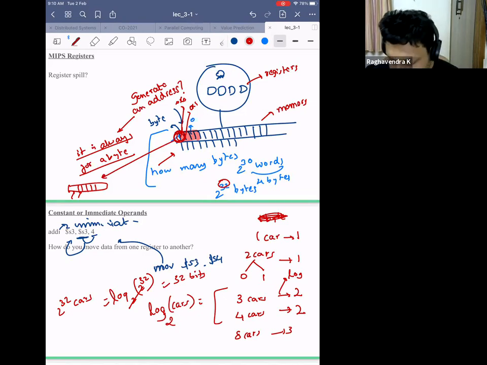Yeah, as I said, I know that data structures will take away most of your time, but you have to spend time on computer organization. So this is an important topic, not because I'm teaching. It's not even my research area, I don't even work in this area. But this is an important area, and this I keep saying.